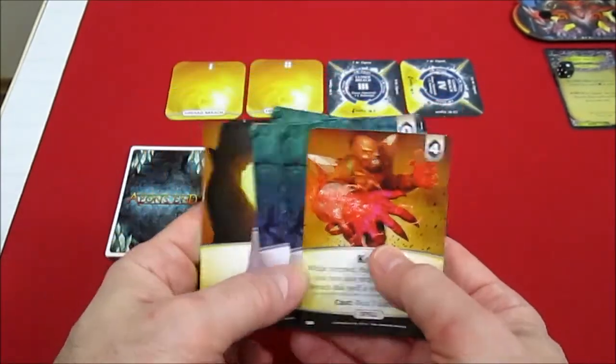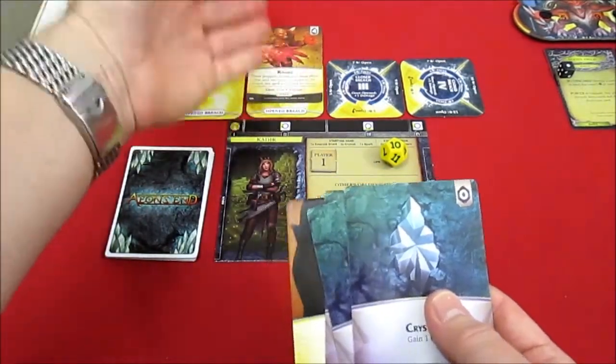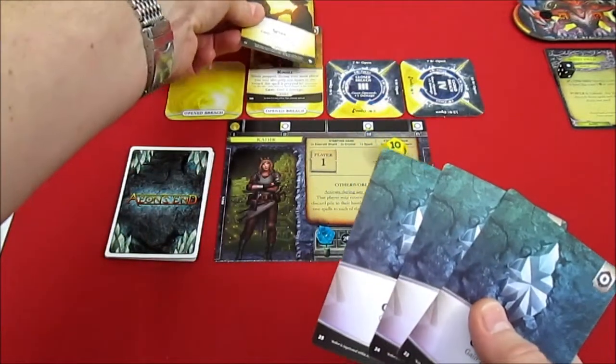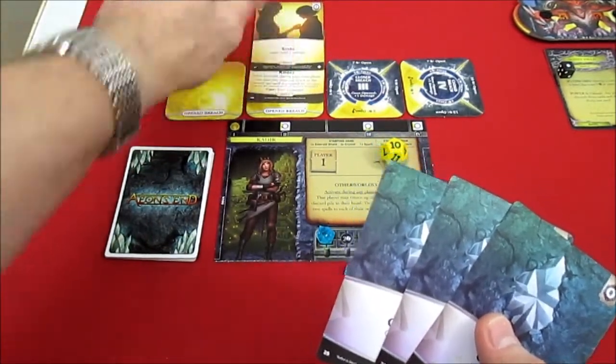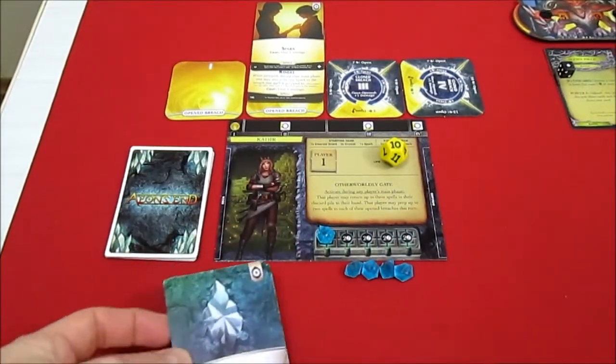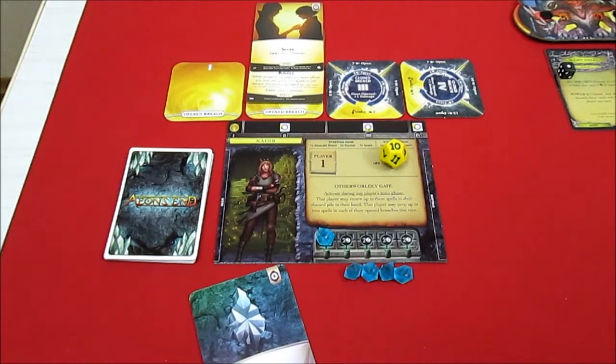Well, we don't need to do it. We have 2 open breaches, but we'll do it anyway, just to show you how it works. So when prepped during your main phase, which is now, we can prep a spark here as well. So we can have Kindle and spark prepped to the same breach. Very cool. She's got 1, 2, 3 crystals, giving her 3 ether to spend. And with 3 ether, I think